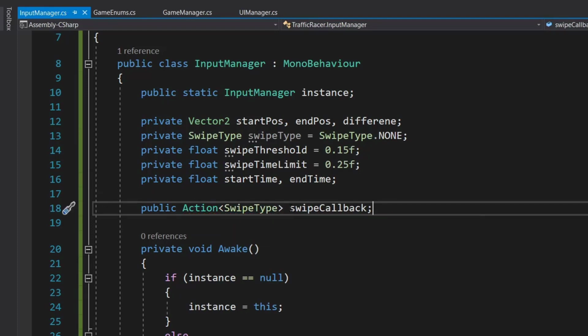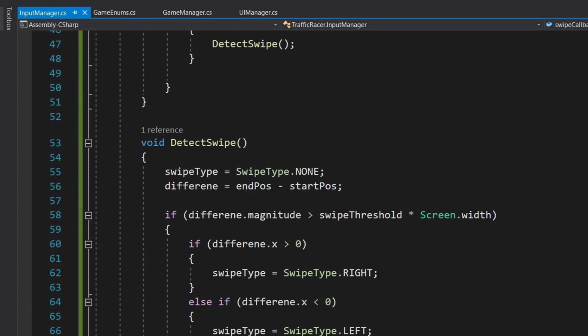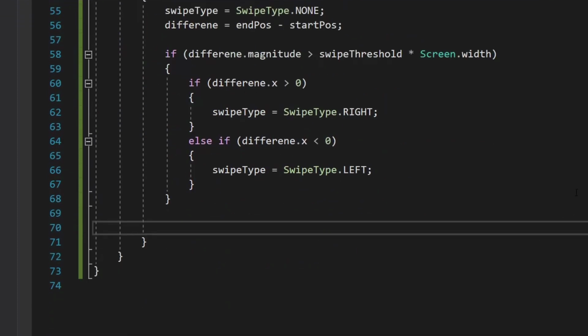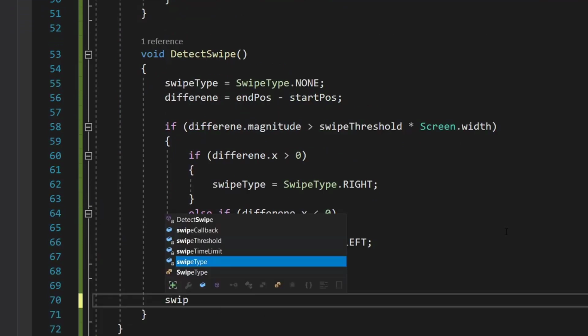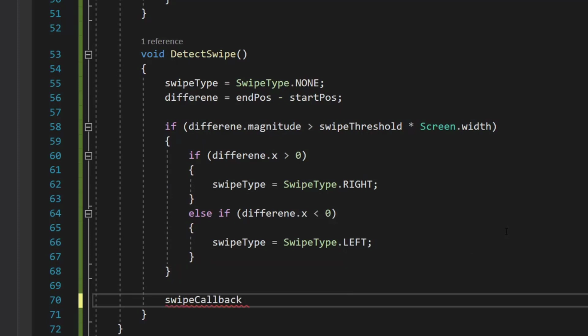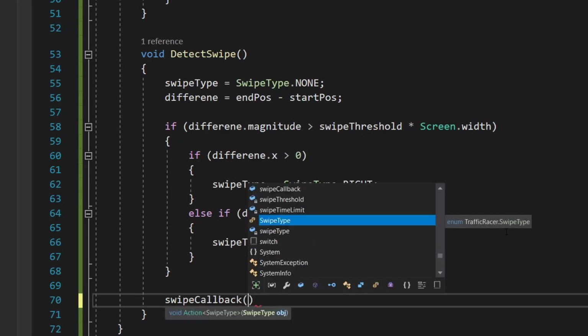So whichever method we are going to save in this action callback will take swipe type as a parameter. So in DetectSwipe, at the end, once everything is done, we will call our swipeCallback, and we will pass our swipe type here.